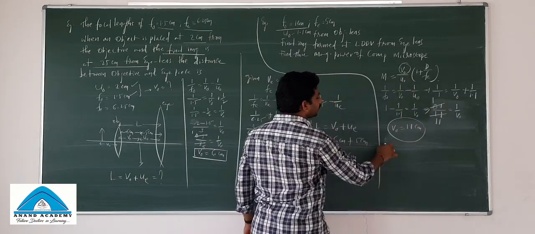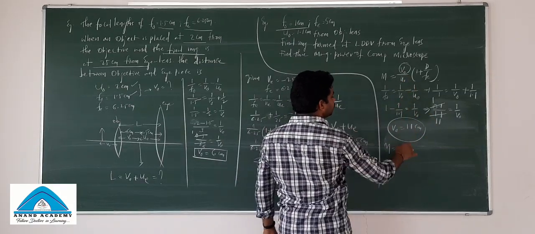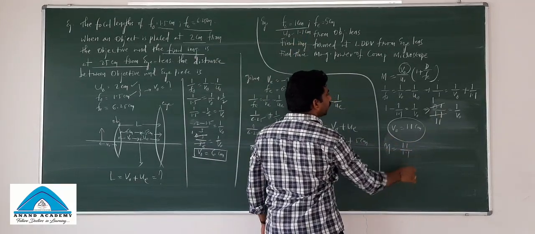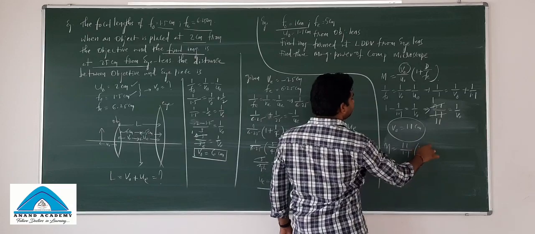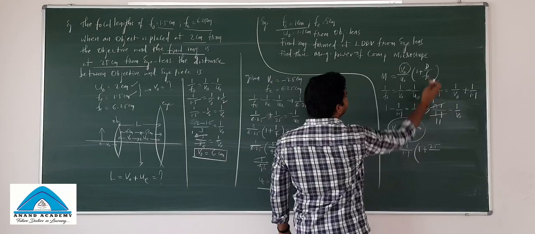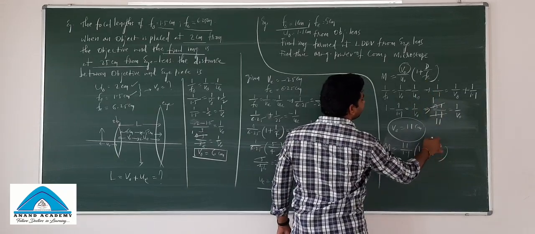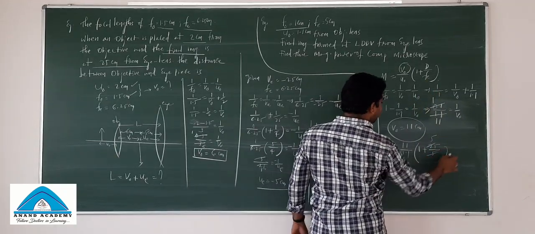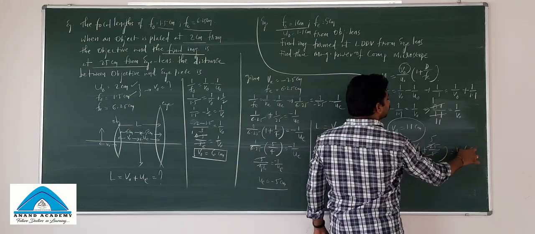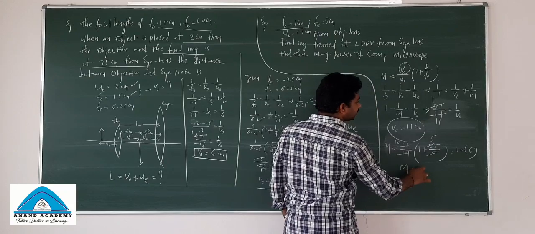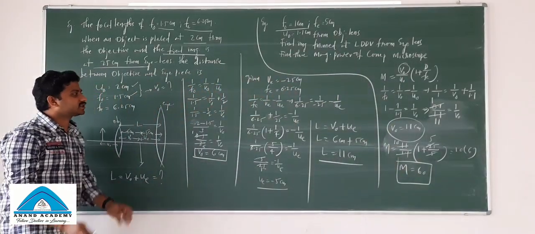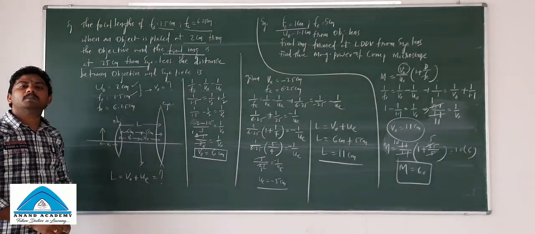Substitute this in the magnification. So magnification is 11 by U naught value 1.1 into 1 plus D, which is 25 by the focal length of the eyepiece, which is 5. So it's 5 fives. So I can write it as 1.1 tens, so 10 into 6. So your magnification is 60. So in this way, the numericals will be asked based on the compound microscope.